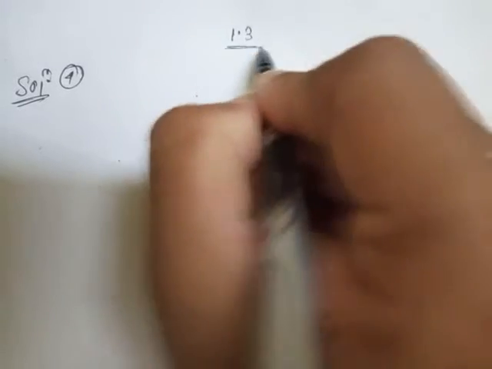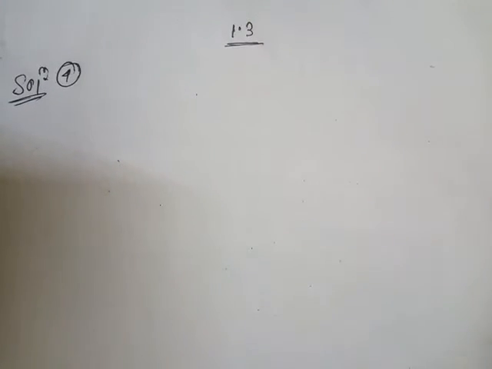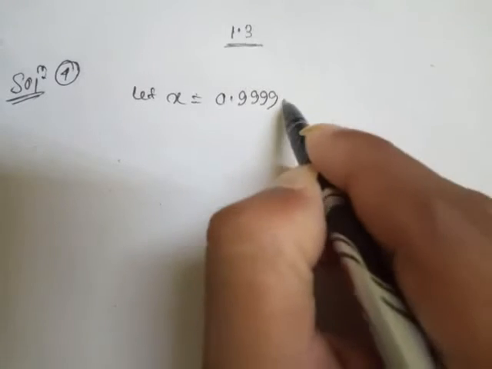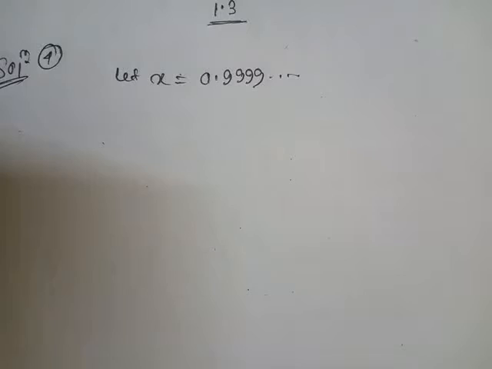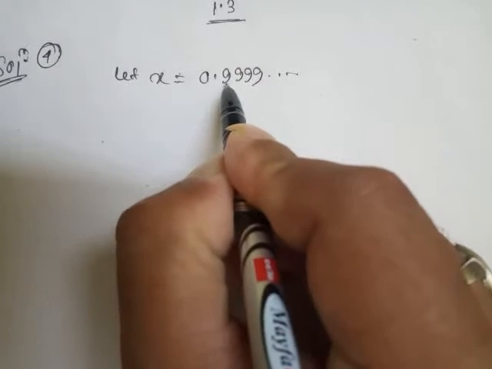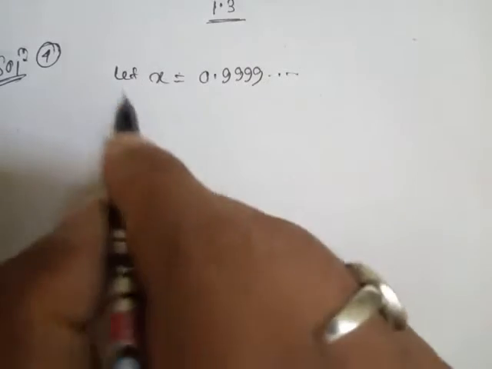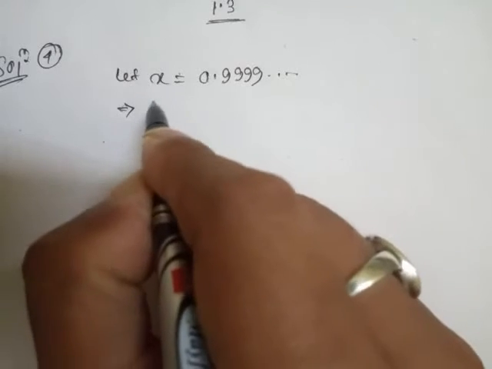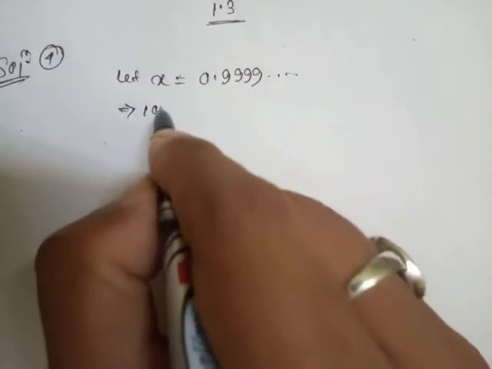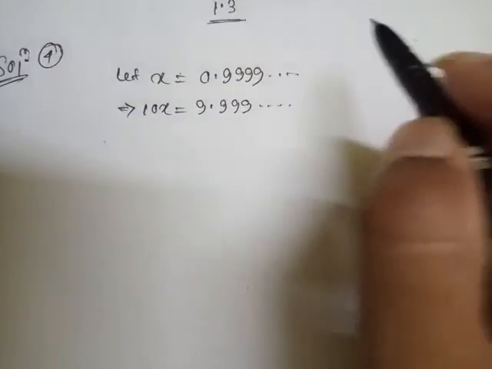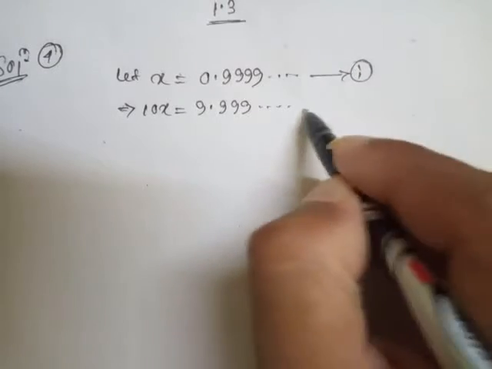Here I am writing 1.3 question number 4 solution, and the question is 0.999... So I will write here let x equal to 0.9999..., which is given in the question. Now student, after the 0 only one digit, 9, repeats many times, so I will multiply both sides with 10 only, because there is one digit after the decimal point. So here 10x equals 9.999...